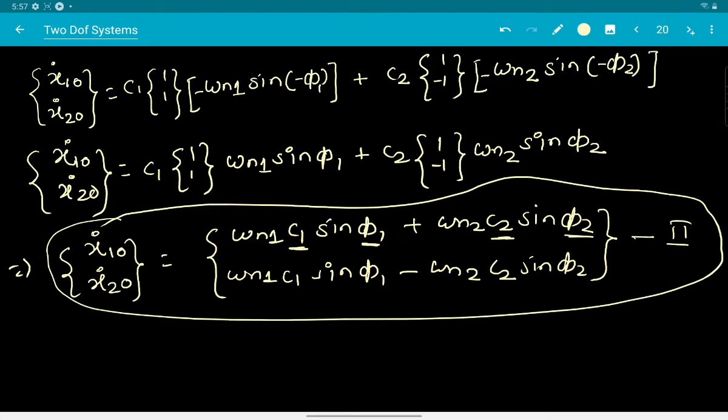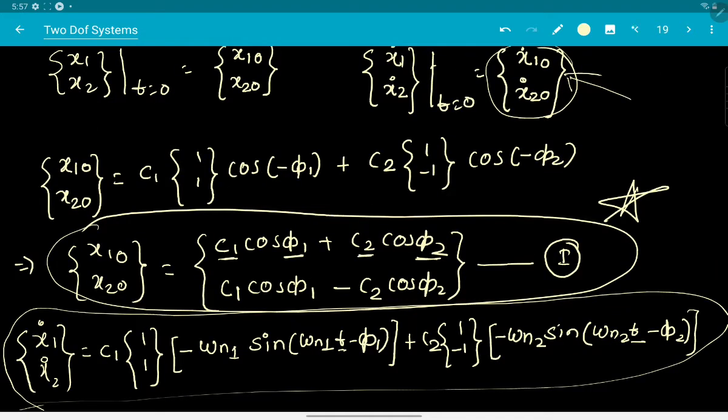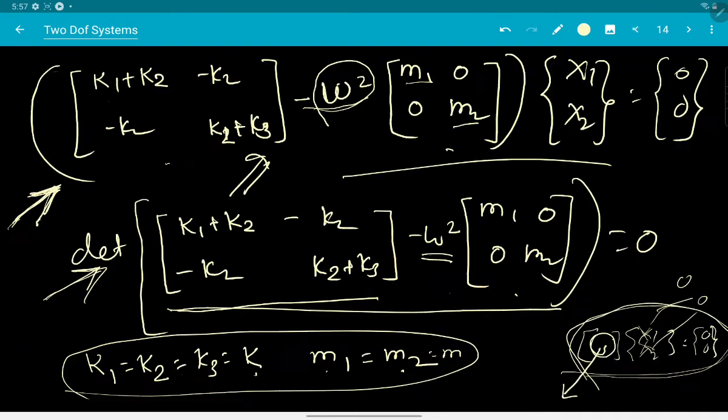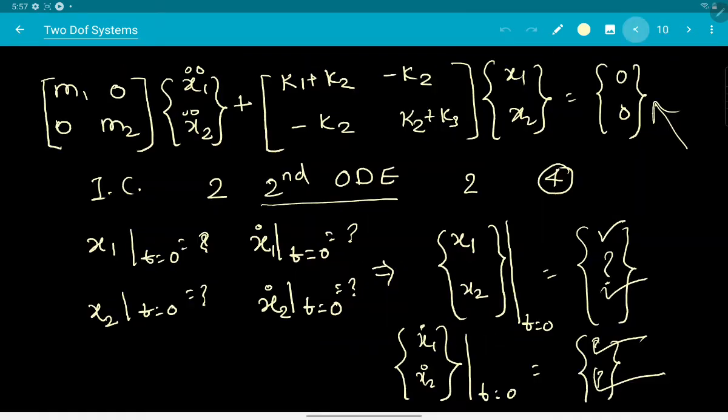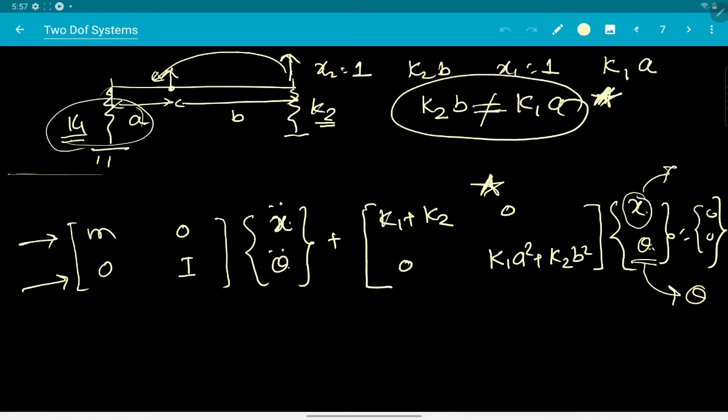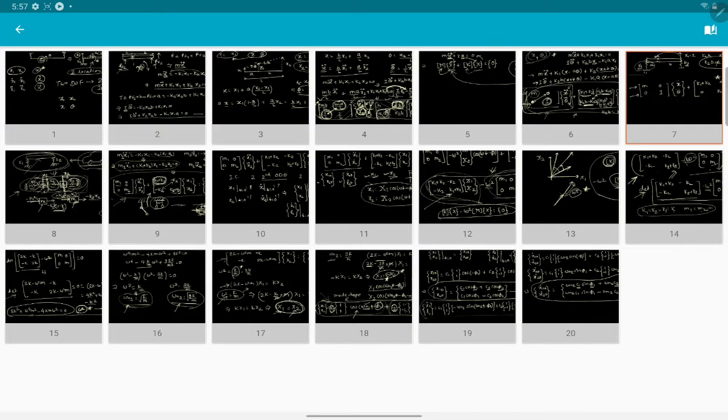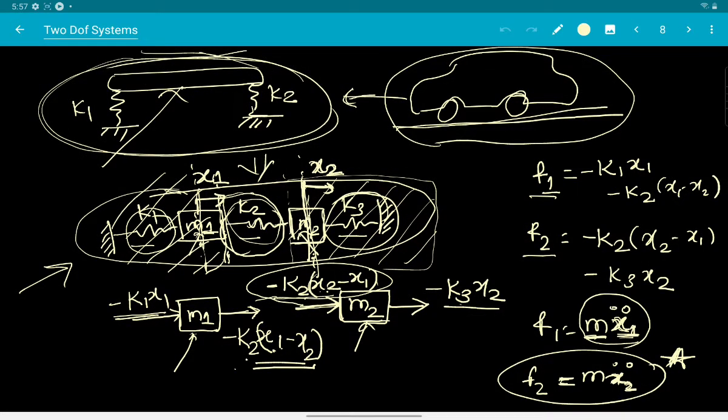So let's have a relook at what we have done so far. What we started with is we initially considered an equivalent 2 degree of freedom system, which was these 2 masses. So let me go back to that page. Yes, this was the equivalent system where we considered mass number 1 over here and mass number 2. It's pretty weird to find it in this setting now, but anyway, this is an equivalent 2 degree of freedom system.